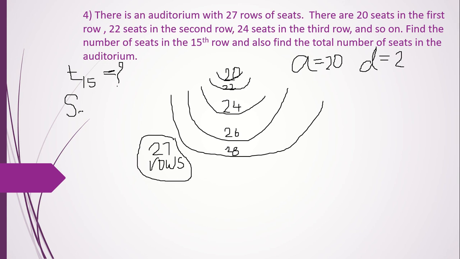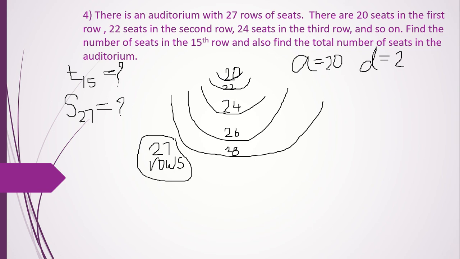Okay, so S27. When you add how many seats are there in each row of these 27 rows. Now see, in the first one there are 20, 22, 24, 26, 28. Like that we have to go on, and like this we get the series of 27 numbers, and then that series we have to add. So we can add that quickly with this formula as S27. That will give us how many total seats in the auditorium.